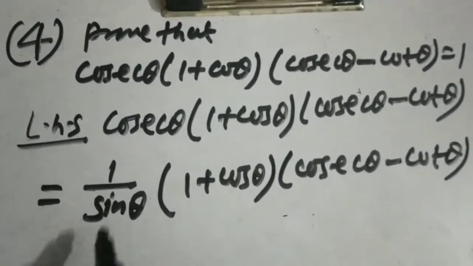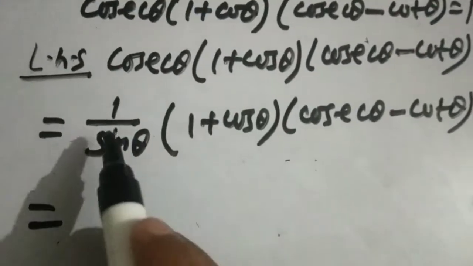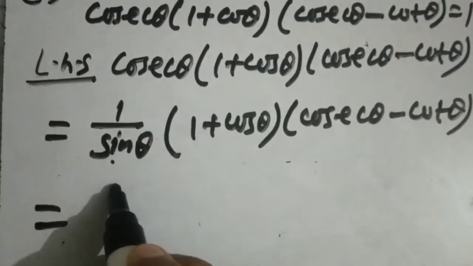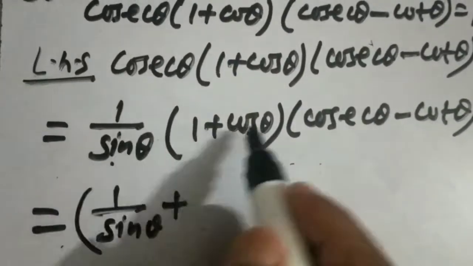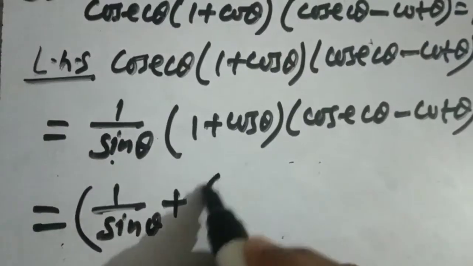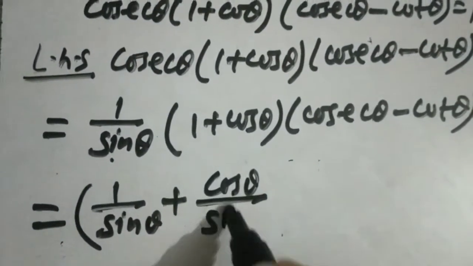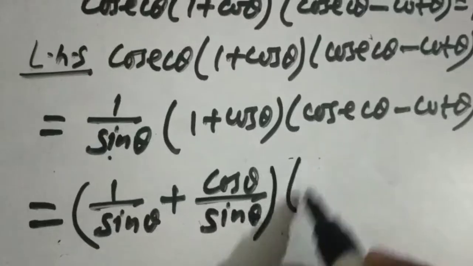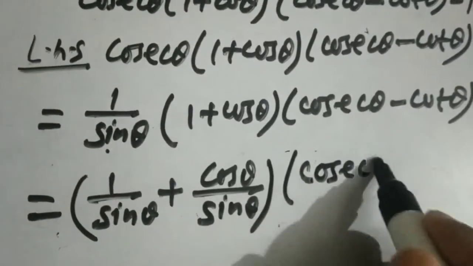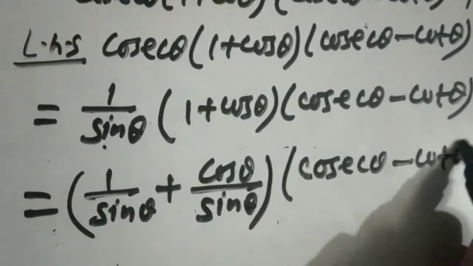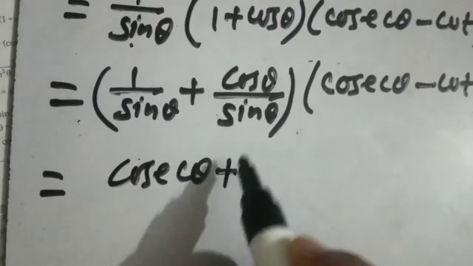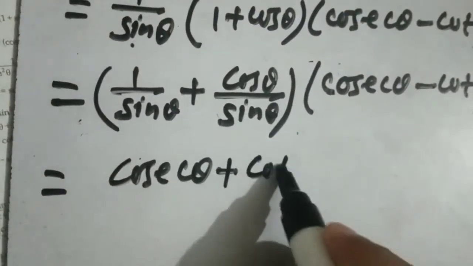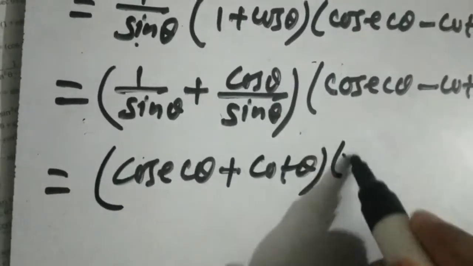Okay. Now let us multiply it. 1 by sin multiplied with 1 will be 1 by sin theta, and plus 1 by sin multiplied with cos will be cos theta upon sin theta, and cosec theta minus cot theta is there. Then 1 by sin theta is equal to cosec theta, we know that, and cos by sin is equal to cot theta into cosec theta